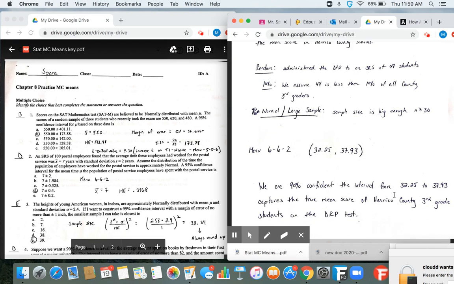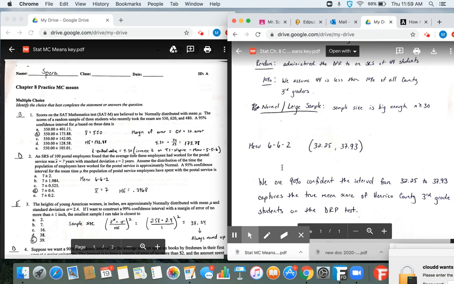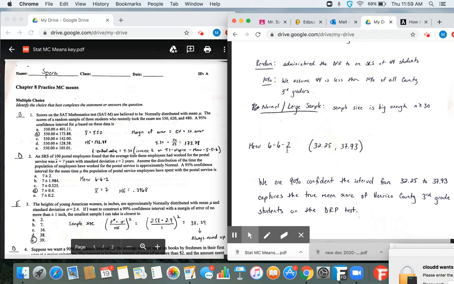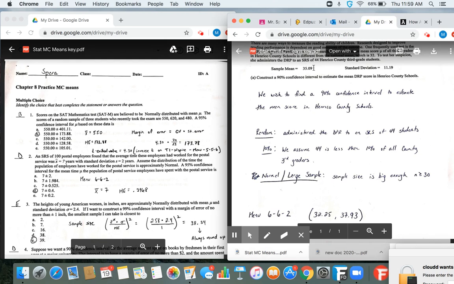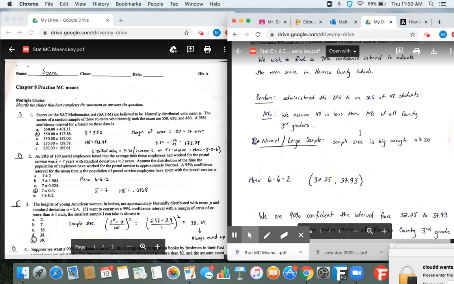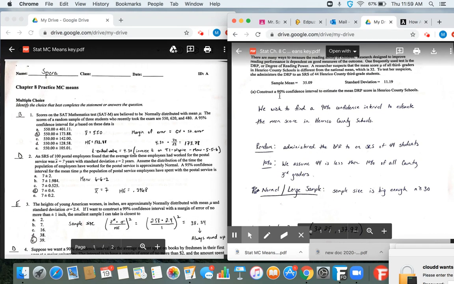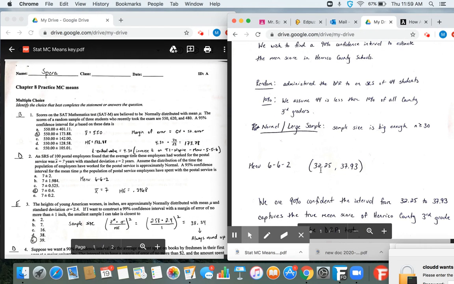All right. The next thing we would do is actually find the confidence interval. And we would do so using menu 662. All right. It's going to ask you for data or stats. You have stats. You're going to enter those stats that you were given. Up here, we were given the sample mean, the sample standard deviation. Enter those. Make sure you put the right confidence, 90% in this problem, and you'll get the C lower and